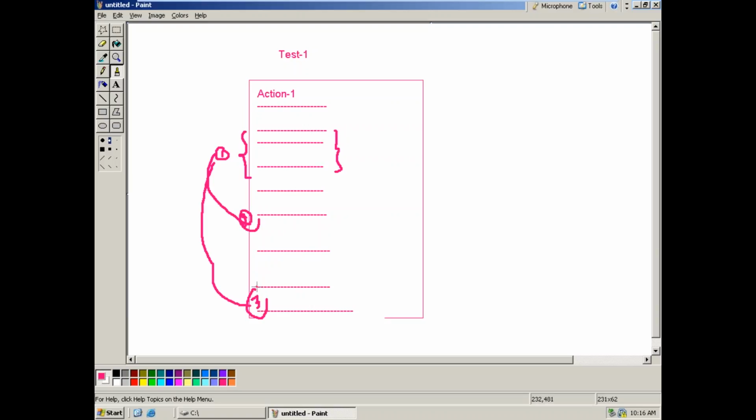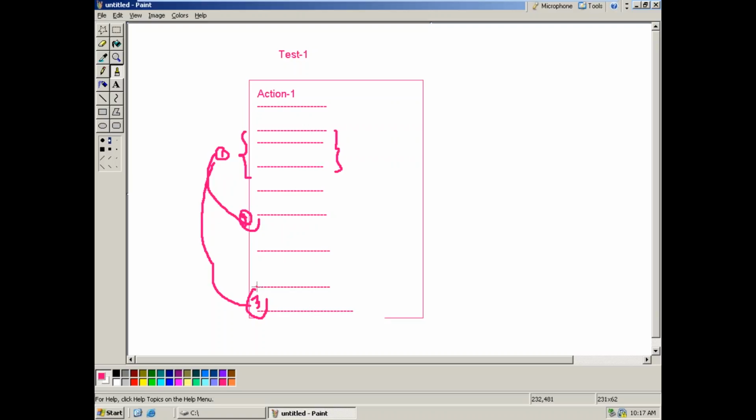So within the action, there are some statements which I want to reuse within the action only. If I want to call the whole script, I can call it using run action. You can write run action, action name. But within the action, I want to reuse some portion of the script. So how can we do that?